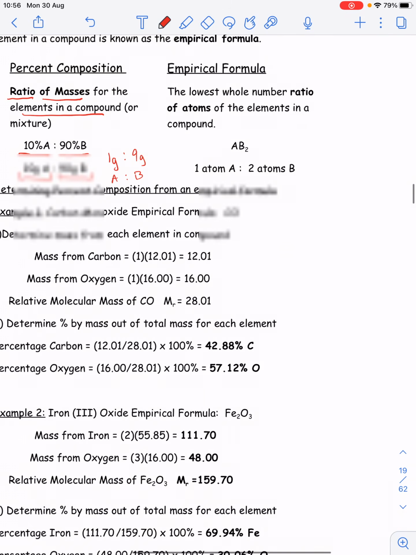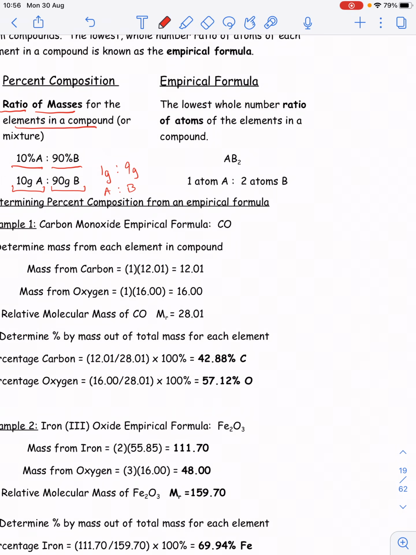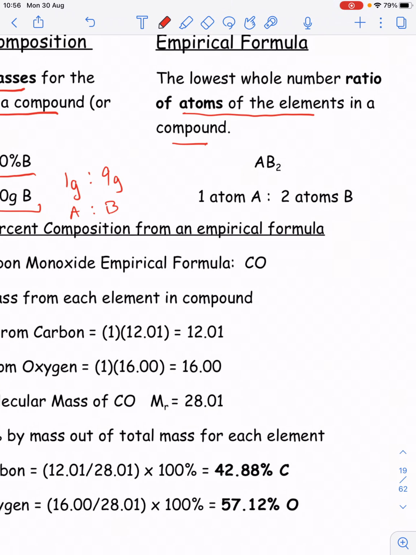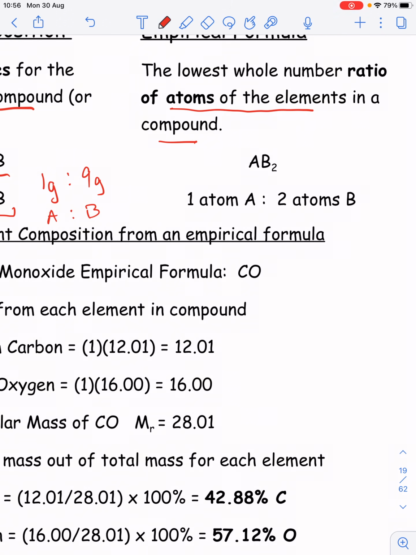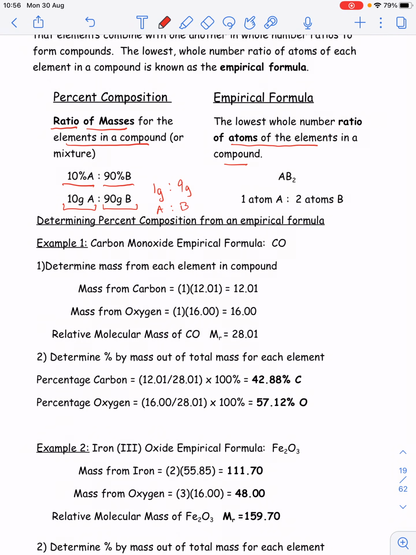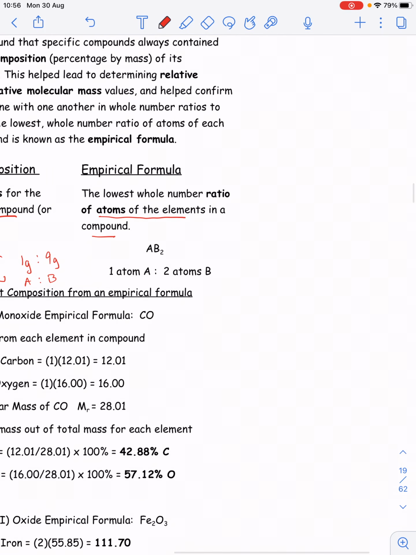So an empirical formula, on the other hand, gives you the lowest whole number ratio of the atoms of elements in a compound. Or you can just think of it as the lowest whole number ratio of elements in a compound. So this same compound that we were talking about on the left, even though it's a 1:9 mass ratio, could actually be only a 1:2 atom ratio, because the different atoms of the different elements have different masses. So in this example, if A had a relative atomic mass, as we call it, or a molar mass of 10,